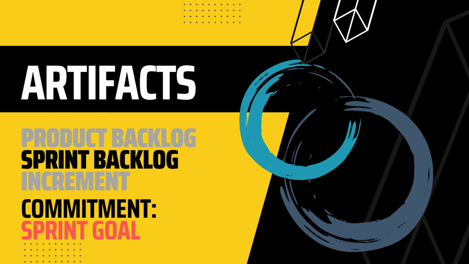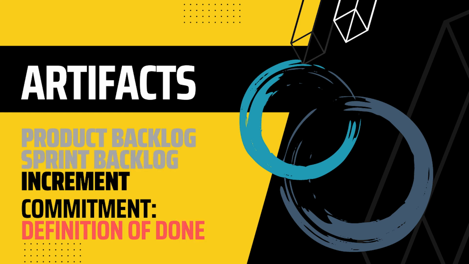Commitment. Sprint goal. The sprint goal is the single objective for the sprint. Although the sprint goal is a commitment by the developers, it provides flexibility in terms of the exact work needed to achieve it. The sprint goal also creates coherence and focus, encouraging the Scrum team to work together rather than on separate initiatives. Increment. An increment is a concrete stepping stone toward the product goal.